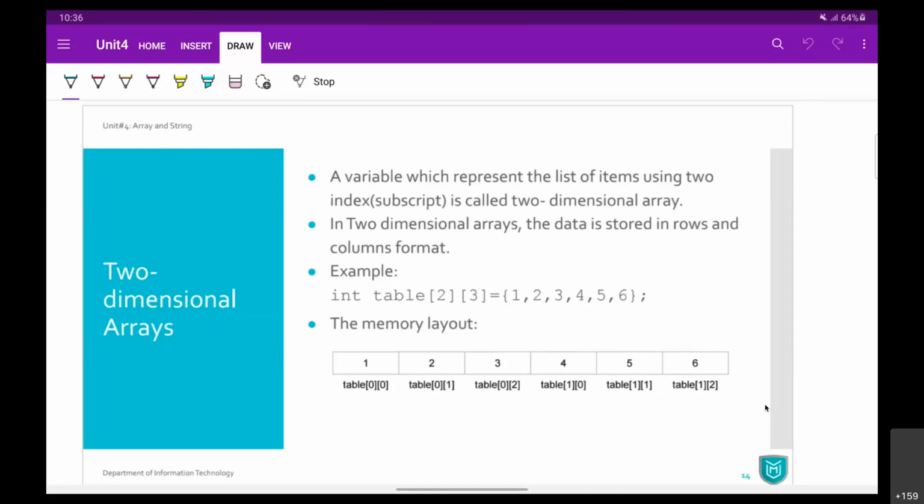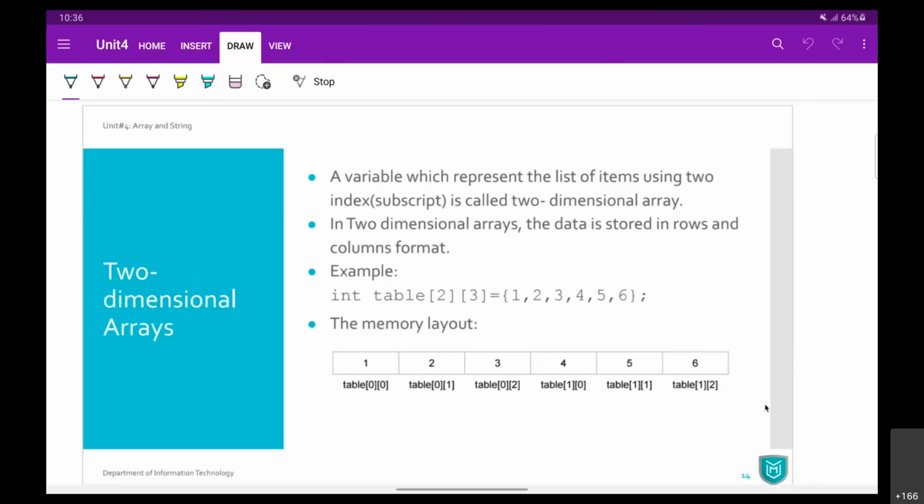Then we looked at types of arrays. So 1D array, 2D array, multi-dimensional array also. As per your syllabus, we need to have a look at 1D and 2D arrays. But still, I'll make you aware of multi-dimensional array also. We will not go in deep, but at least we should have idea that multi-dimensional array is also possible.